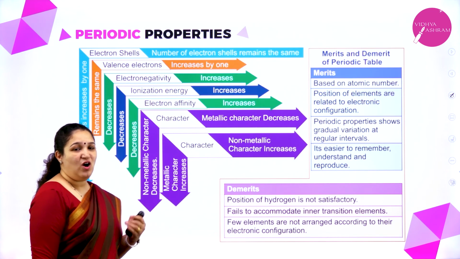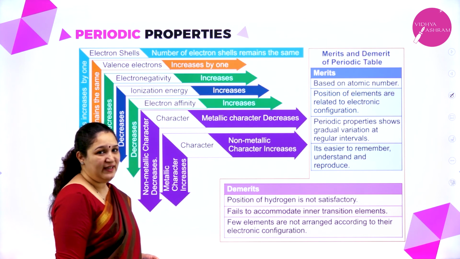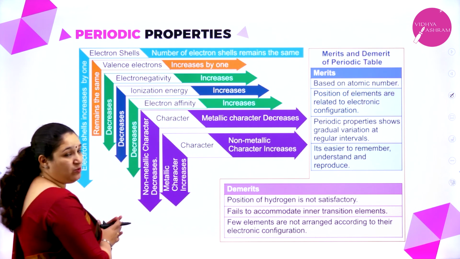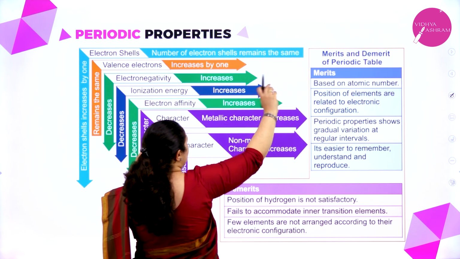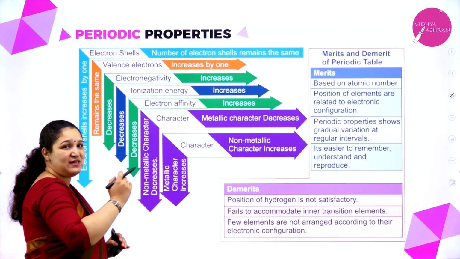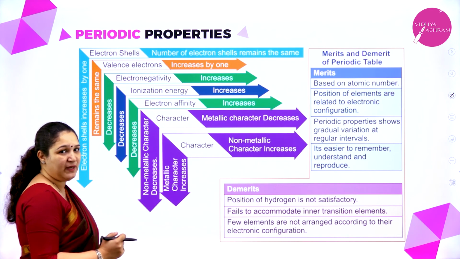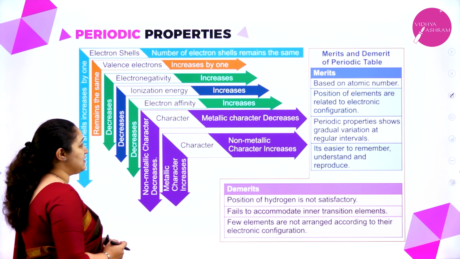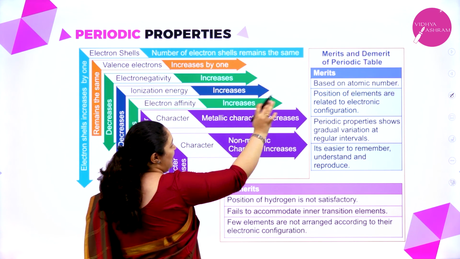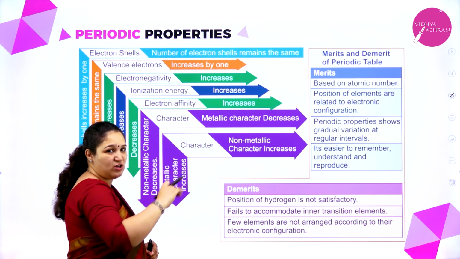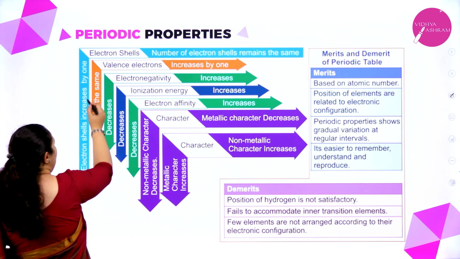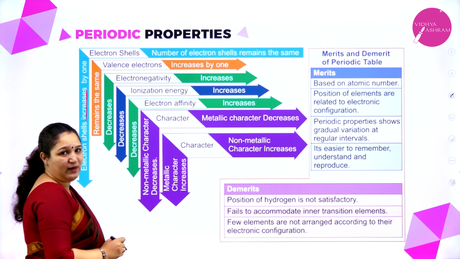Here we shall revise all of the properties which we have already learnt. First one is electron shells in the periodic table. See, in this particular chart, whatever is written along the period is written this way, and whatever is written below is what is happening down the group when we are coming down in the periodic table. So first we have the electron shells. As we move along the period, the number of shells remains the same, there is no change. For the same shell, electrons keep getting added as we move along the period. But as we come down the group, electron shells increase one by one, correct?